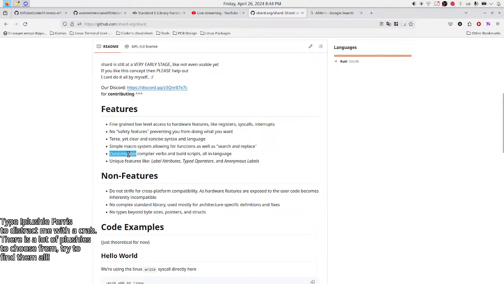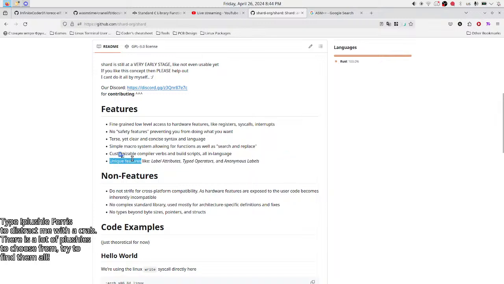Customizable compiler. What? Verbs and build scripts all in language. This is interesting. Unique features like label attributes, typed operators, and anonymous labels.